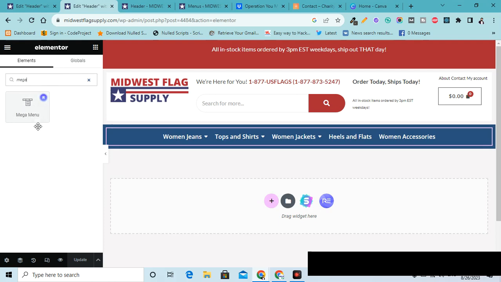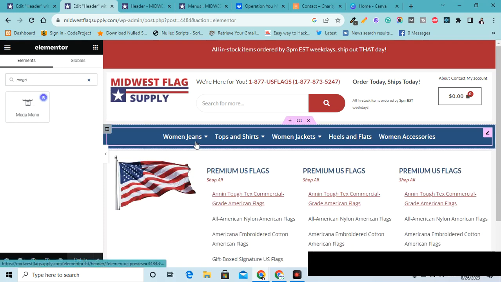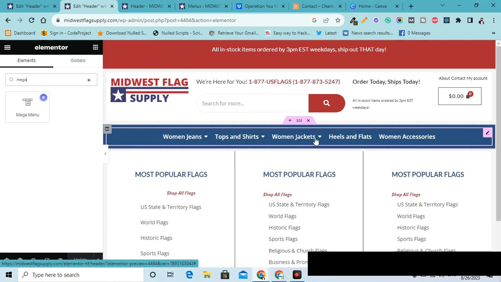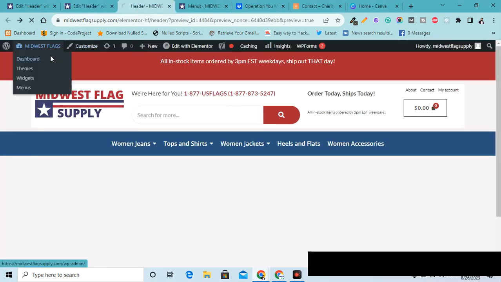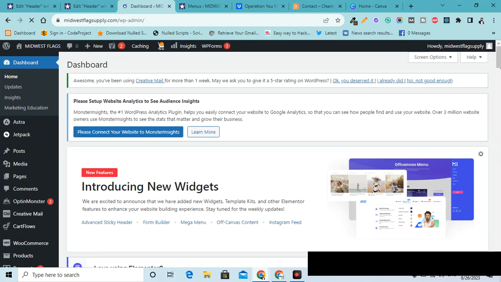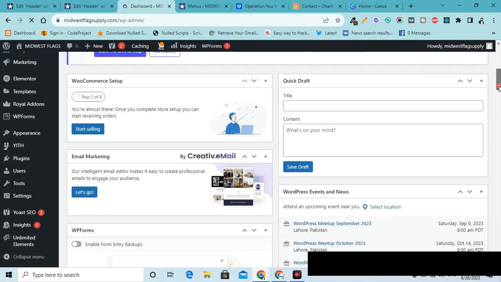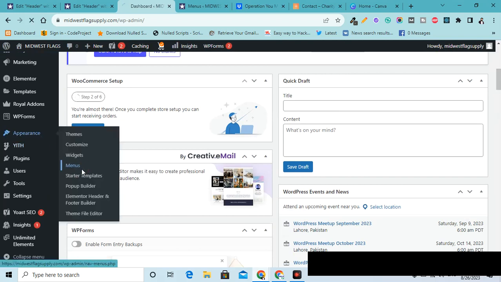Okay, you have to select this menu, and then we now have this menu on our three menu items, but now we are going to put this on heels and flats. Okay, so what we have to do, after selecting this mega menu, you have to select your menu and then you have to go to your dashboard. Let me show you your dashboard. This is our dashboard, and here you have to go to appearance, menus. Okay,